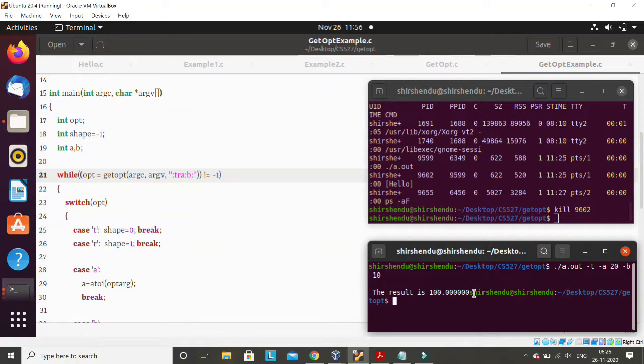So these types of options you also need to supply when you write a program. So how to handle these parameters? The best way to handle it is to use a function like getopt. There are other functions that also exist. getopt is one of them.